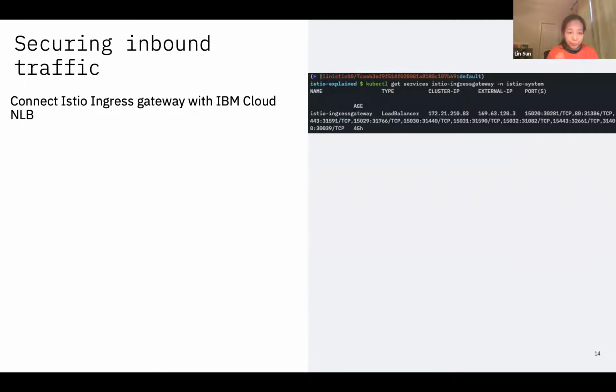First of all, you may want to secure your inbound traffic. Assuming Istio is already installed, we want to configure the Istio Ingress gateway. We talked about how that controls the inbound traffic from a cloud load balancer. In this case, we used the IBM Cloud Load Balancer.